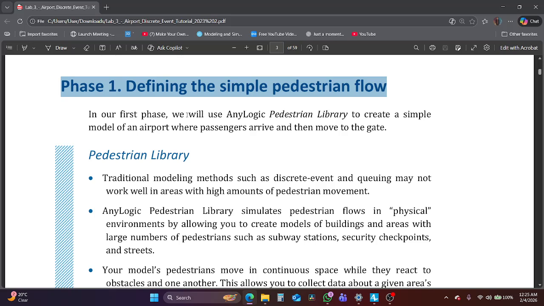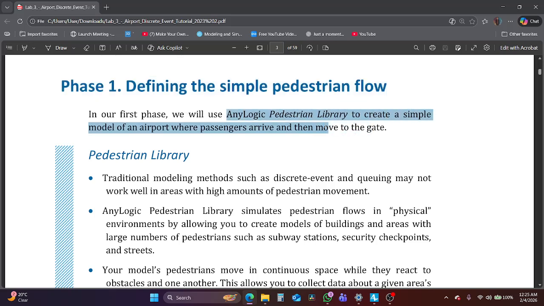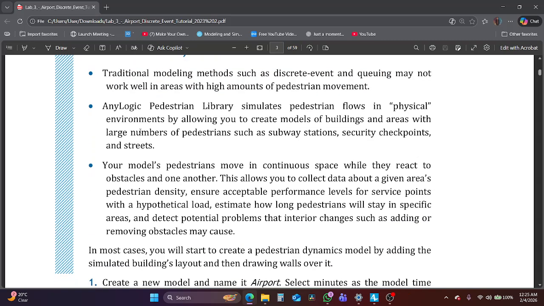In the first phase, we are going to use an AnyLogic pedestrian library to create a very simple model of an airport where passengers arrive and then move to the gate. So about the pedestrian library,